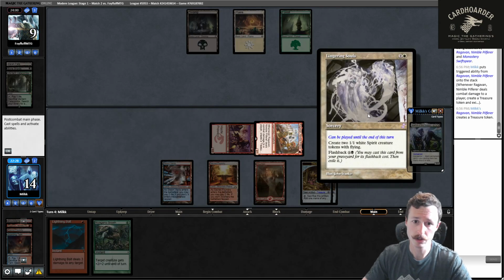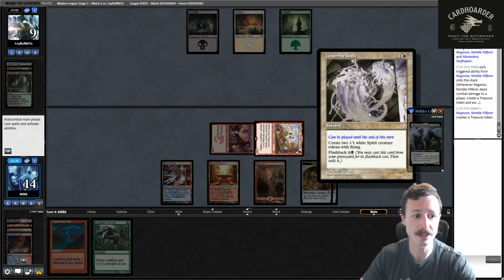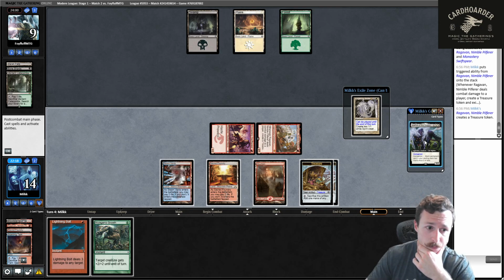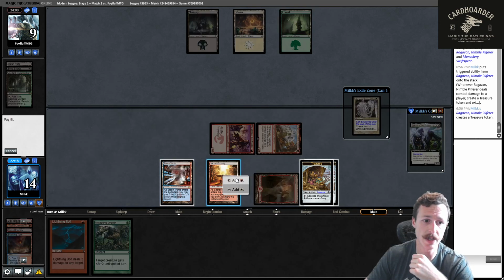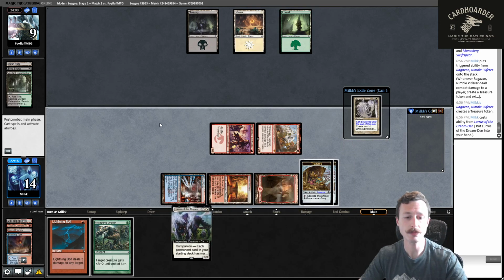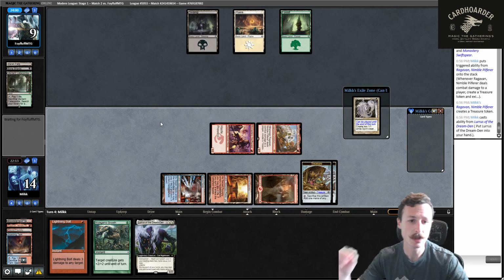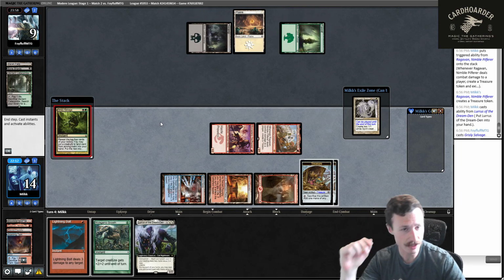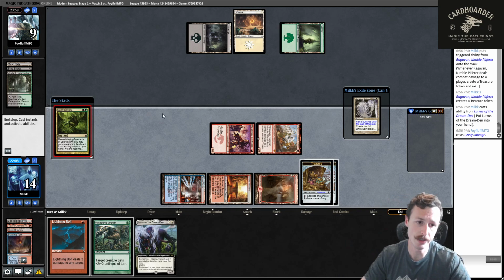Lingering Souls. So if I play this, it goes to their graveyard though. I feel like it's better to not play it. Let's just Lurrus to hand. Pass. I guess I could have bolted them to 6. Gristly Salvage. Jeez. So it's just like